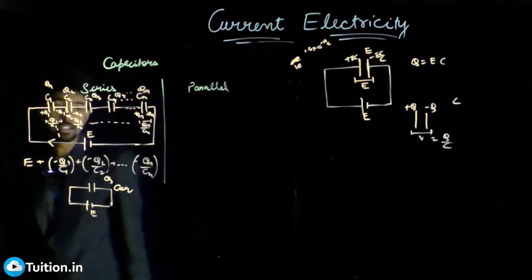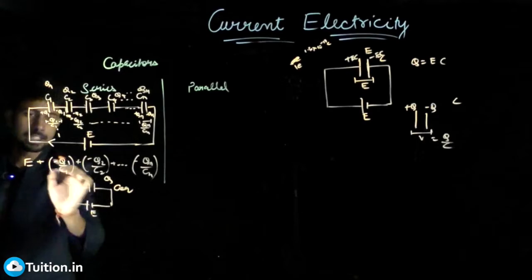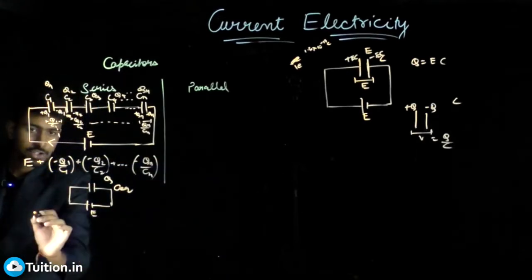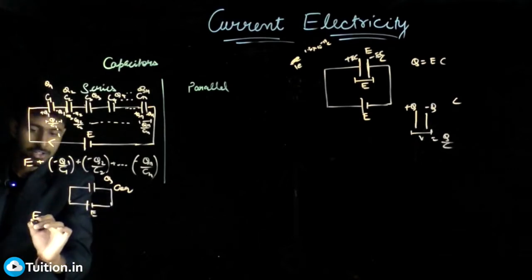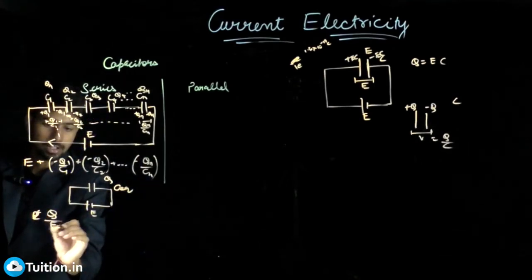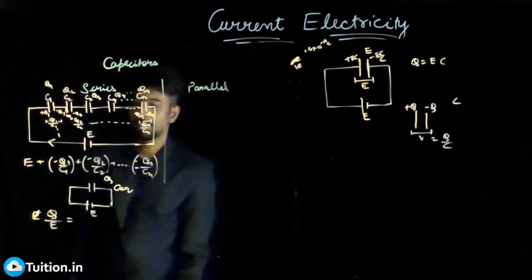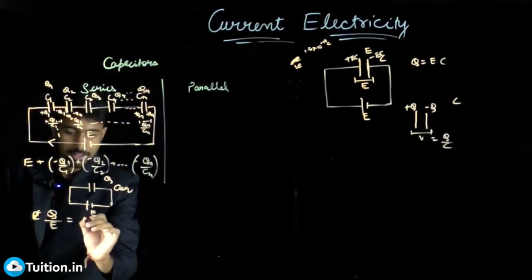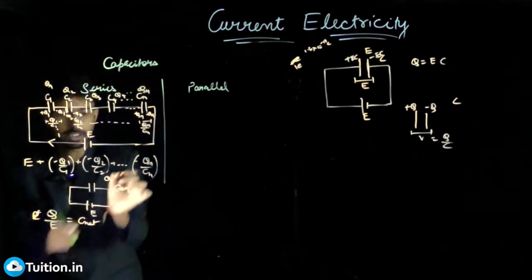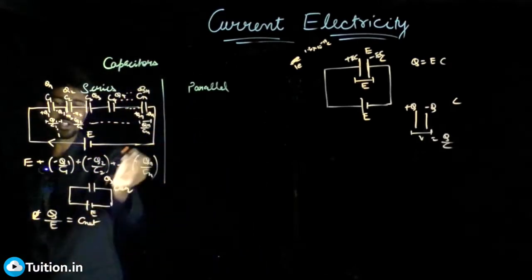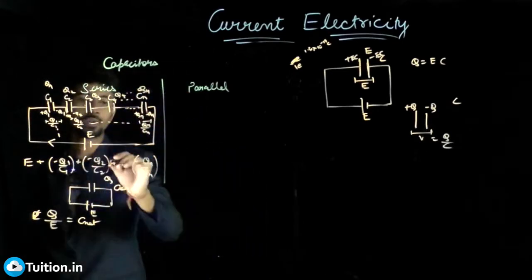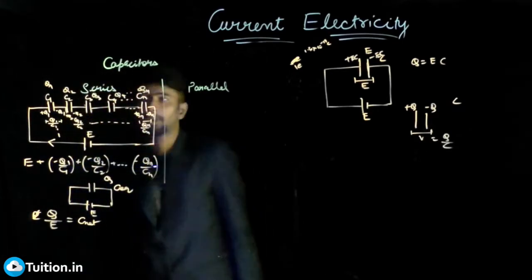What you have to understand is that we have applied Kirchhoff's law successfully here. If you get the ratio of net charge to E, you will get what is known as the net capacitance, right? The C net. Because this E would drop here, and then Q by E is nothing but your C net. So from this equation also, you have E and then you have all these Q1, Q2, Q3. Also remember one more thing,